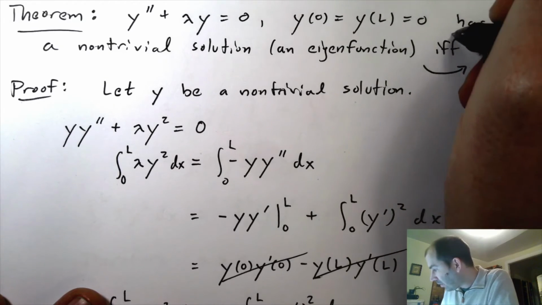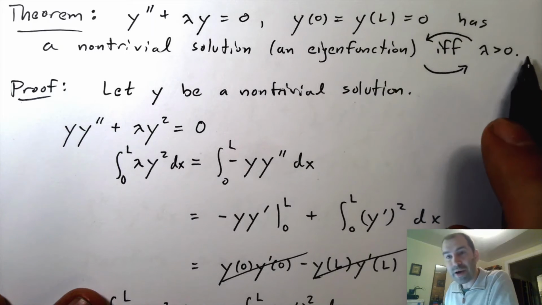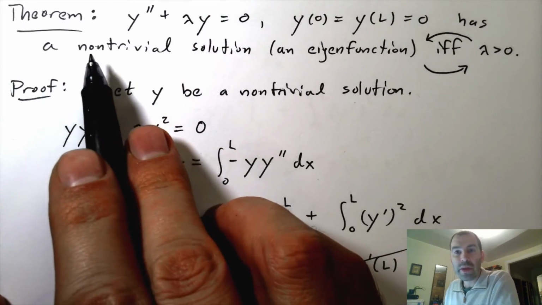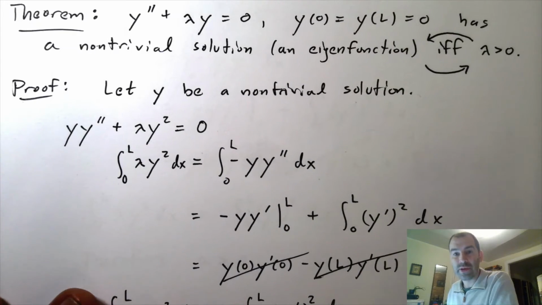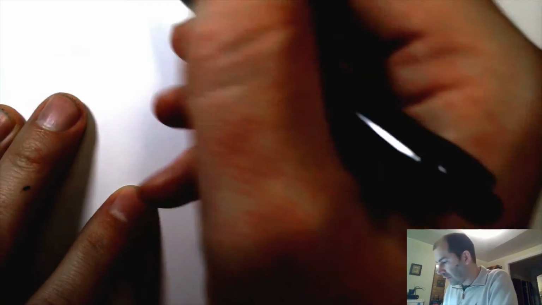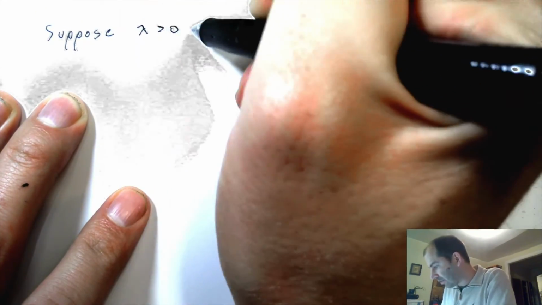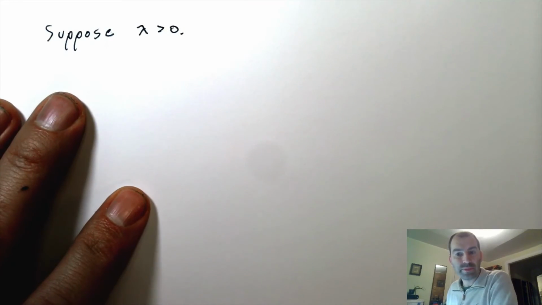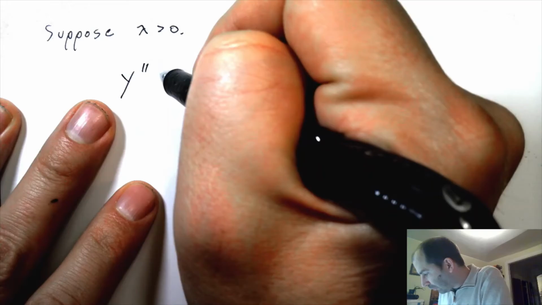What about the other direction of the theorem? What if lambda is positive? Can we show that this differential equation has a non-trivial solution, a non-zero solution? Let's see if we can do that. So suppose lambda is positive. Okay, then we're looking at the differential equation